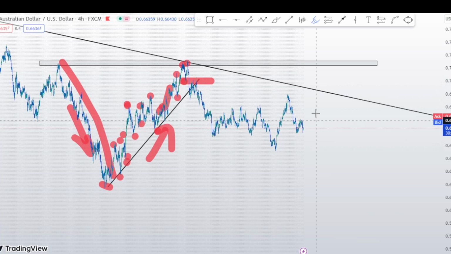Okay, so if we come here again and look, what can we say? On 4 hour we can conclude that the market here was going up, and then it crossed this trend line and started going down. And then we don't have to forget the trend line on a daily time frame. It's very important for you to remember that there is this trend line here that is over on top here. It's a daily